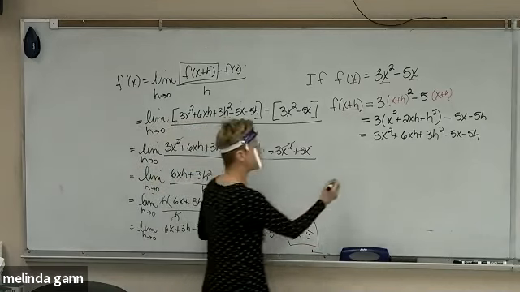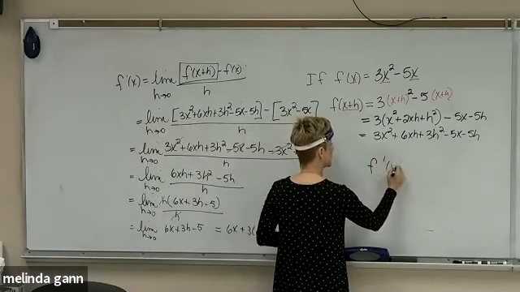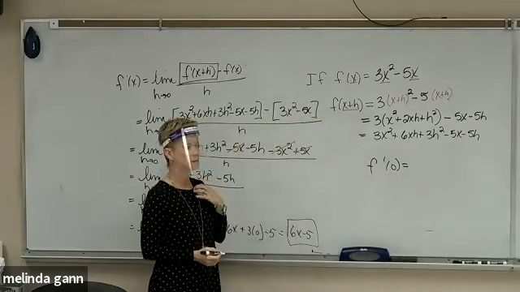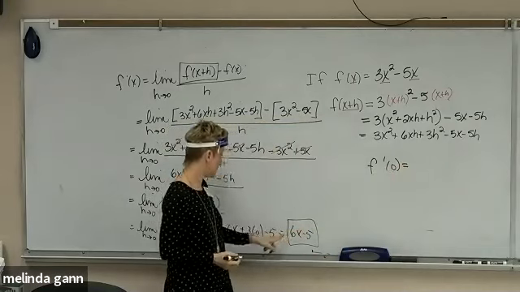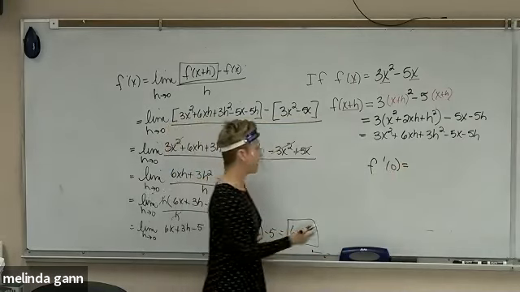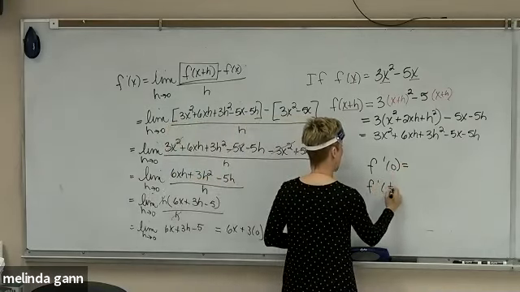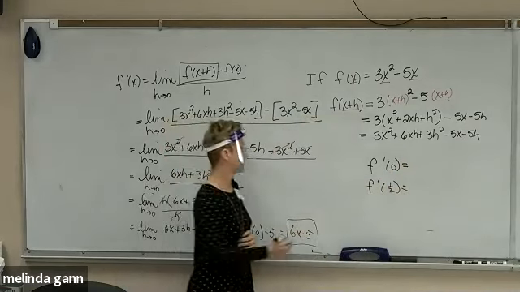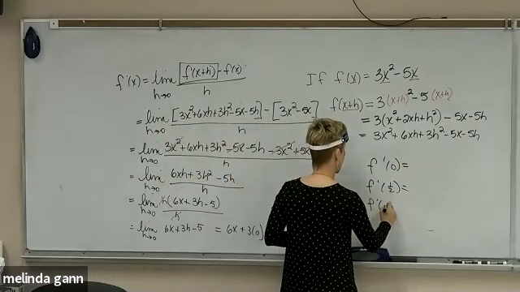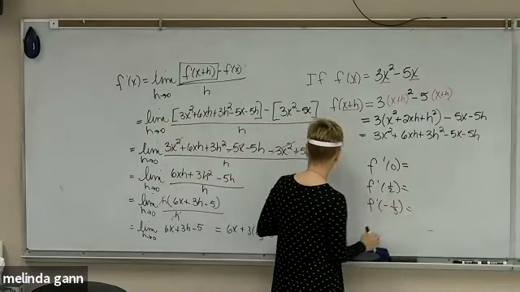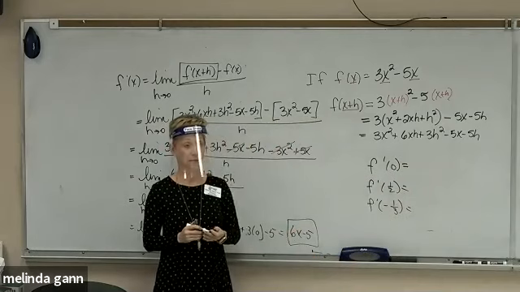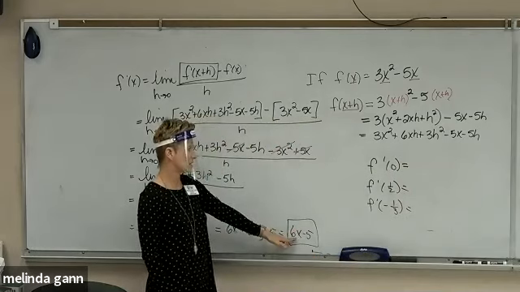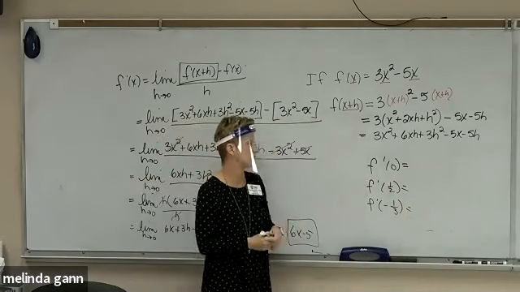So what if they wanted the derivative at 0? What would I do next if they wanted that? Plug a 0. I'd plug a 0 in for what? X. If they wanted the derivative at 1/2, I plug a 1/2 in for x. If they wanted the derivative at -1/3, I plug a -1/3 in there for x. So sometimes they're asking you to just find the general derivative and stop, and sometimes they'll say,